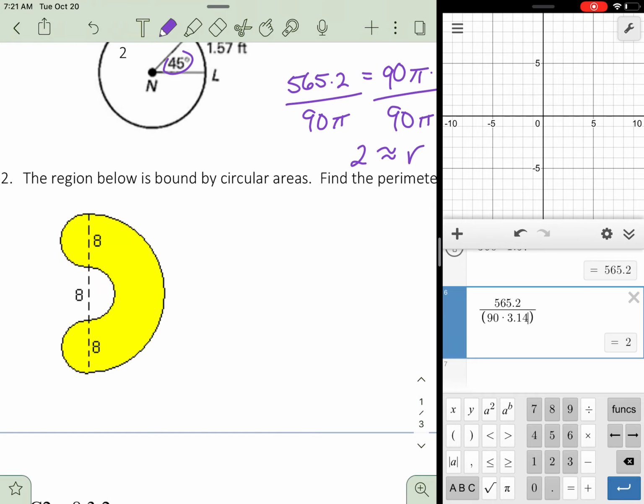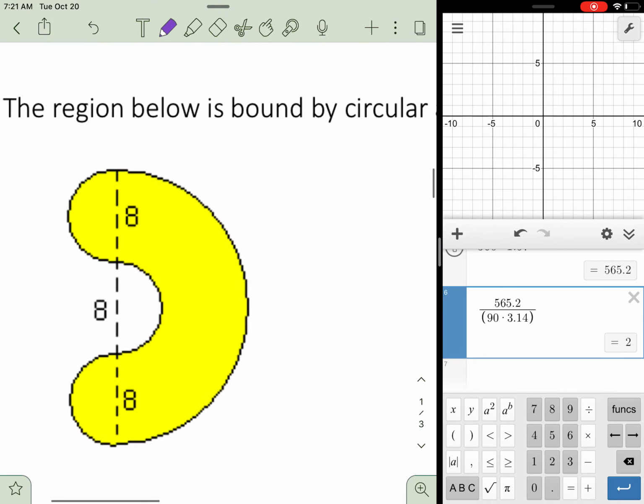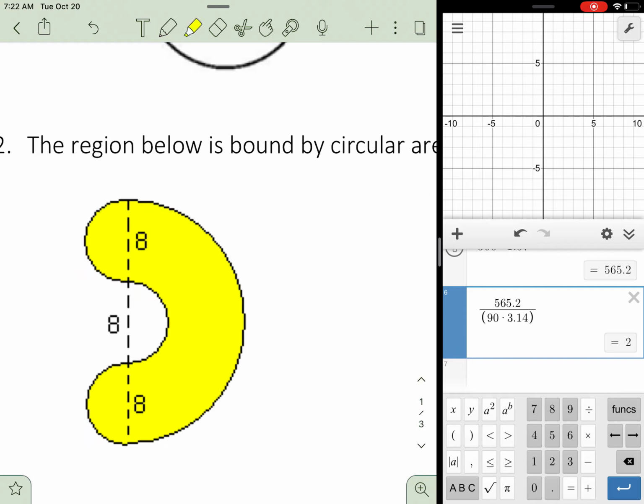Okay. The region below is bound by circular areas. Find the perimeter. All right, so what it wants to know is perimeter, just like we talked about before, it is the distance around the outside. So it's not an easy shape to find the distance for, but since we know how to find circles, we can look at this in a different way. Okay, so I have this circle, and I have this circle. And since I have 2 of them, but I'm only looking for this half of the circumference, I basically have circumference